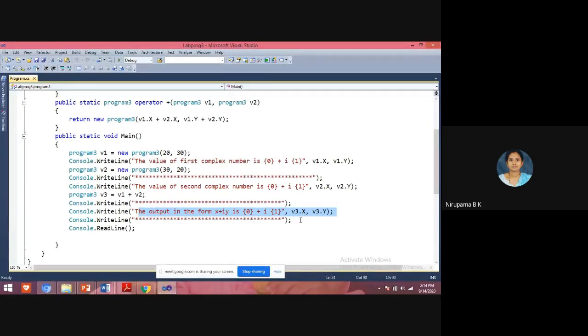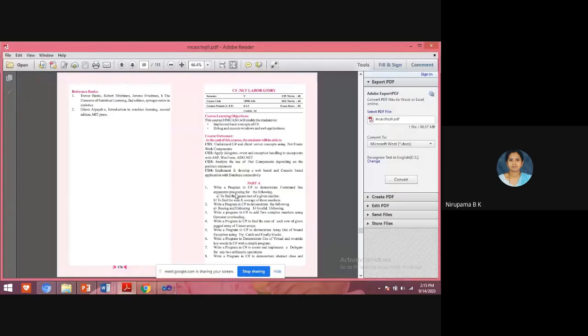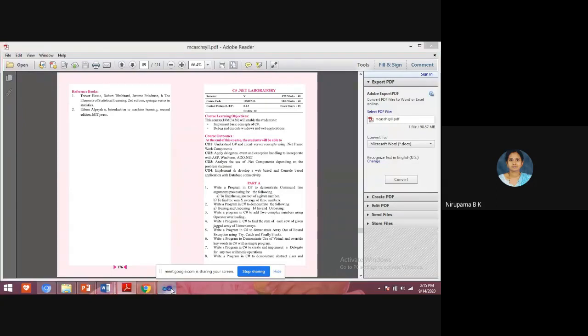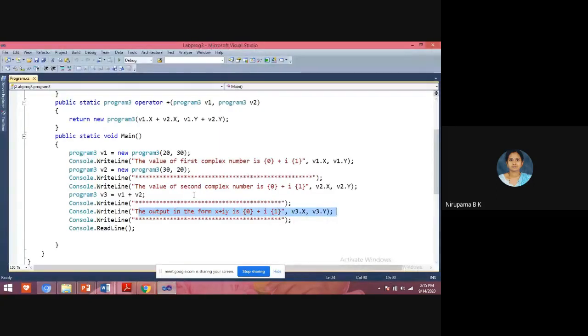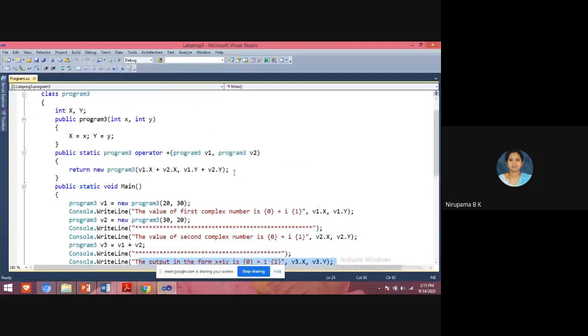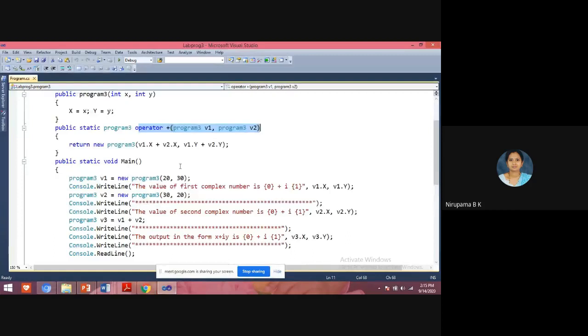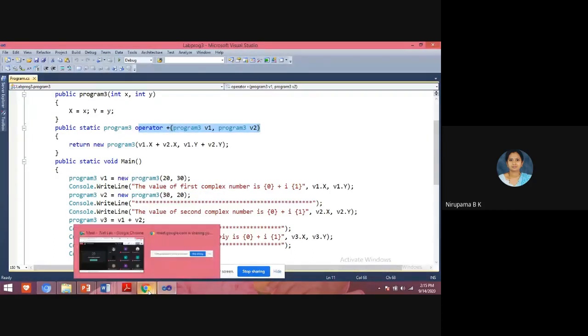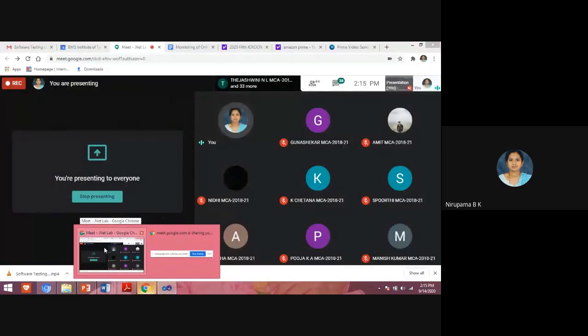See, students, if you know the concept, it is not necessary that you have to write this program only. In the exam also, in the internals also, they have not explicitly told which method to use. Whatever method you want to implement, you can implement, but the output should be in the form of this x plus iy format. You have to use this operator overloading concept. Understood? For that also nobody will respond, I know that.